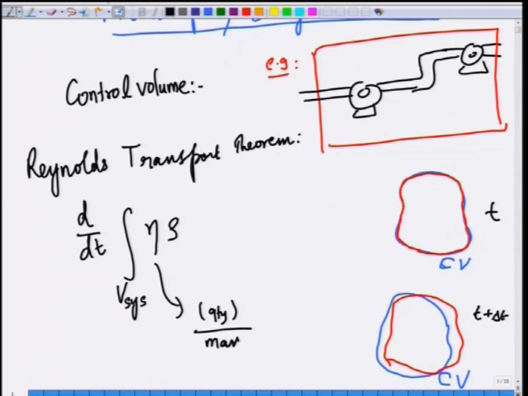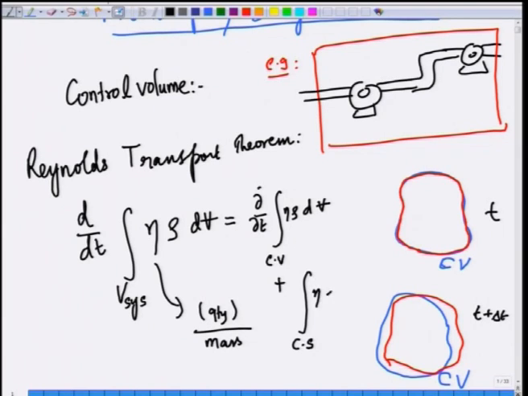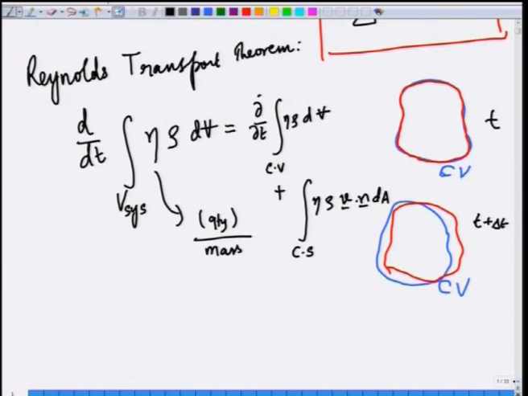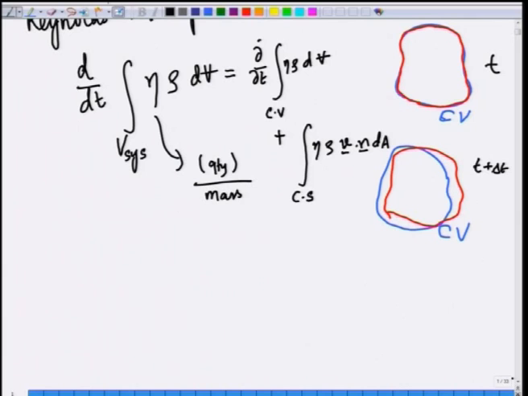This quantity could be mass, momentum or energy. Integrated over volume, it is d dt over CV of eta rho dV, the time rate of change of that quantity present in the CV, plus a flux contribution over the various inlets and exits of the CV, eta rho v dot n dA, where n is the unit outward normal to the control surface. And this is the Reynolds transport theorem. This is the left side of the Reynolds transport theorem. Let me just write in words,